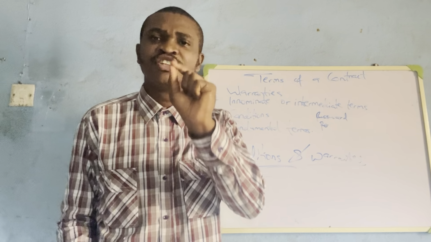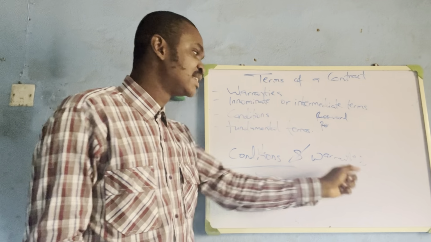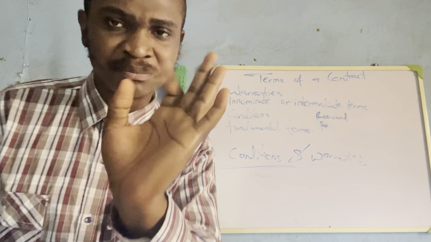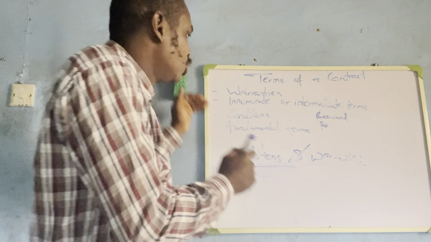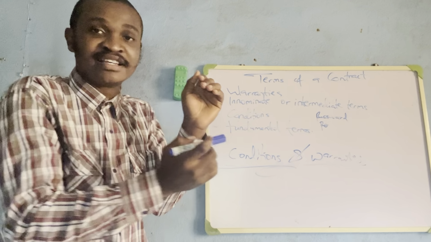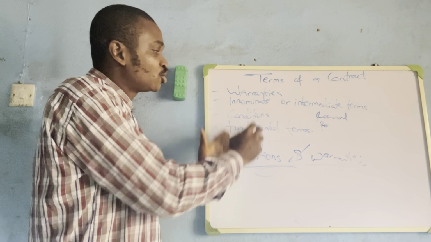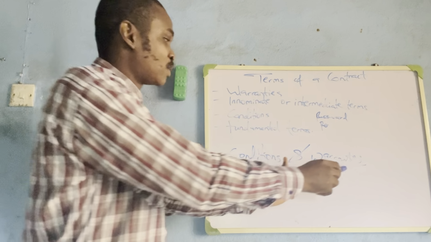But the difference is based on what happens when any of them is breached. While conditions, just like it is being indicated here, because I said this is from the weakest to the strongest, condition is actually stronger than warranties,